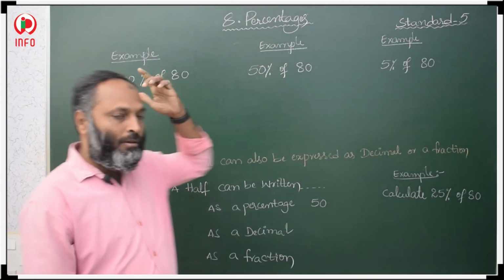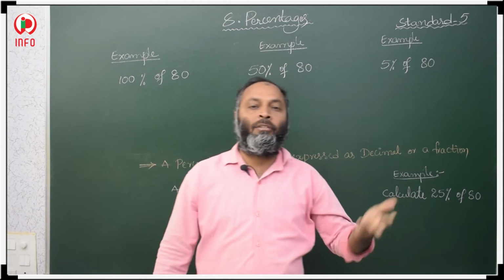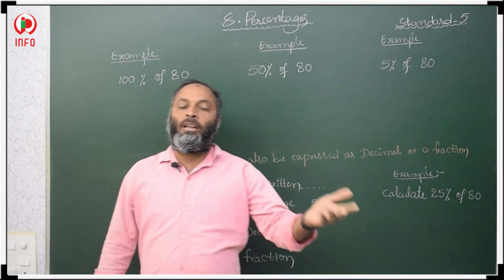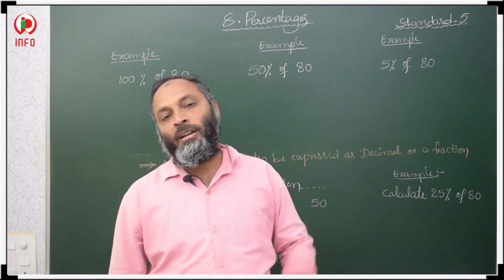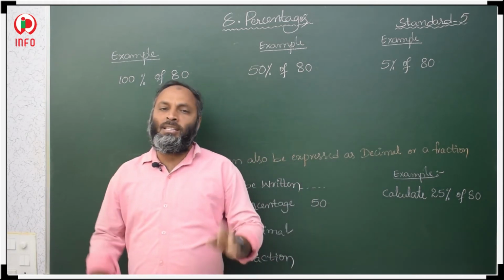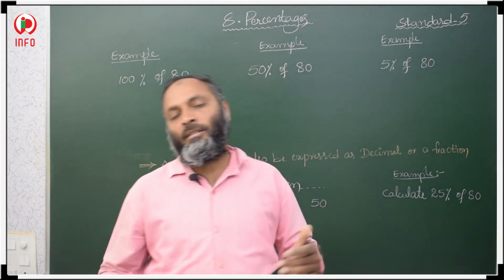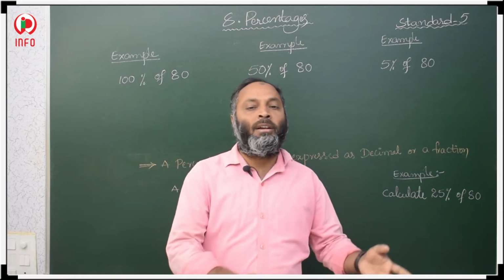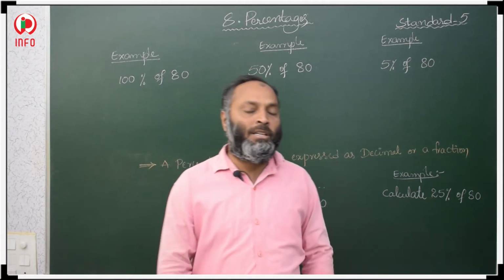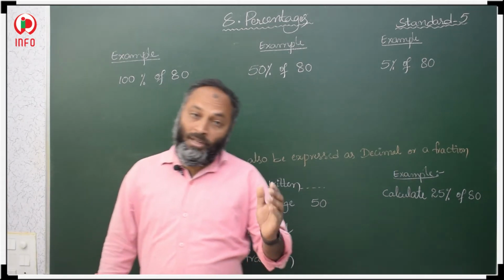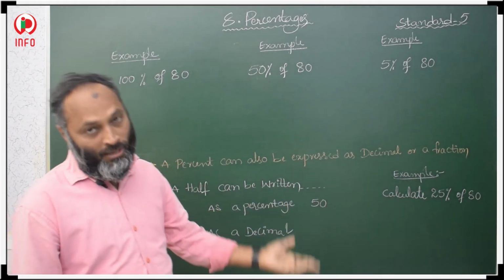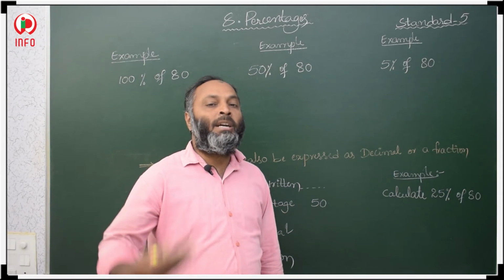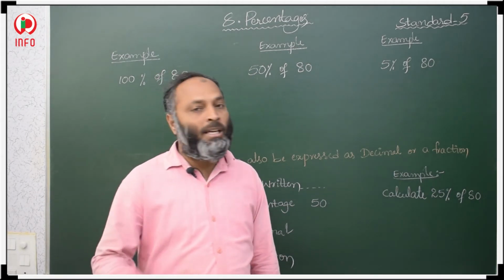Now see here, what we did before: in 100, 50% means 50 grids. In 100, 40% means 40 grids. In 100, 20% means 20 grids. In 100, 10% means 10 grids we have to color. So when exactly 100 grids are there, it is very easy to say 20% is 20 grids. If I ask in 100 grids, 17% means 17 grids, it is very easy to say. But if the number of grids increases or decreases from 100, then how do we decide how many grids we have to shade according to the given percentage?